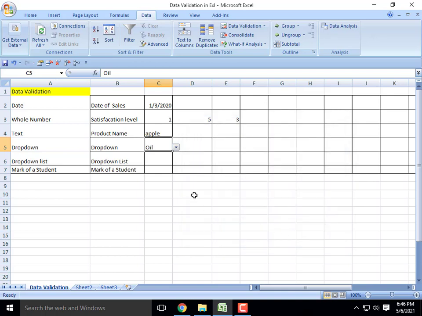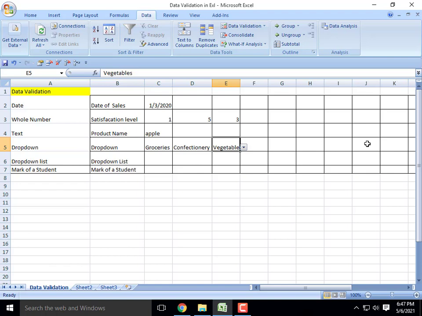Then click OK, and you get the list. So we directly give it in the data validation itself. For example, here groceries, here confectionery, here vegetables. Likewise you can select. This is one type, for when we have very few items.